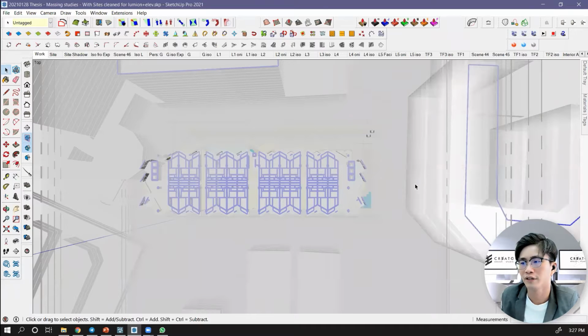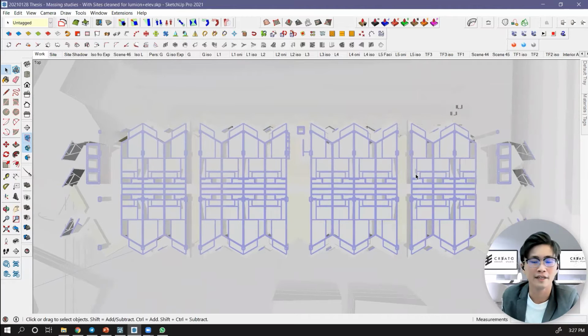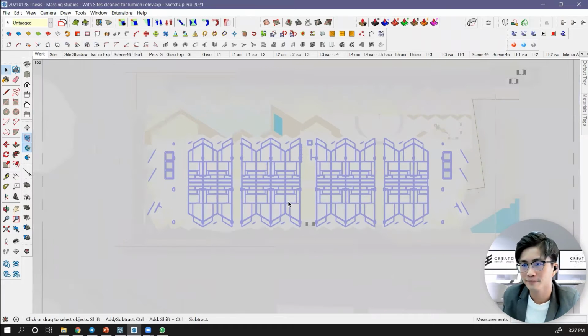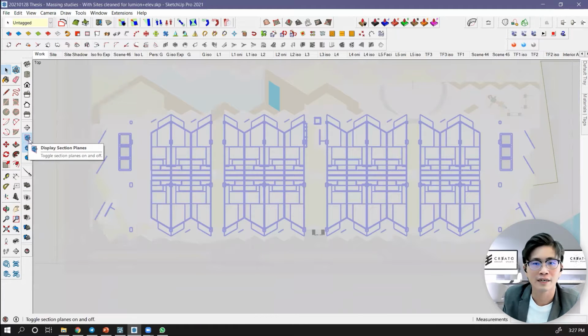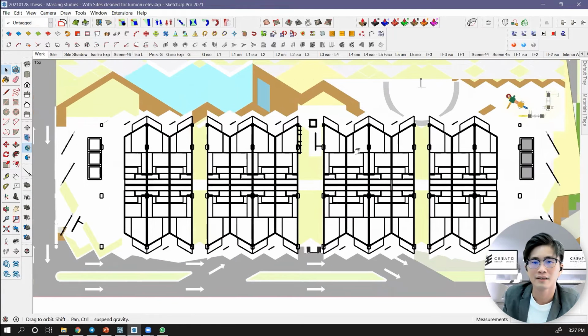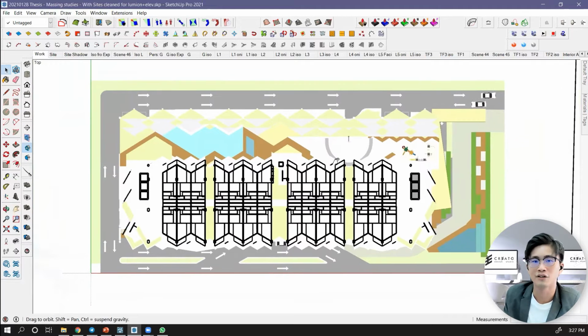No worries, looking so many things, right? Let's say if I like this, then I can hit Shift P. I use the slow method lah, because in the class you teach students the shortcuts, the fast method. Here we use the traditional method. Change it to parallel projection, and then turn off the section planes, and then yes, you can start to adjust it accordingly.